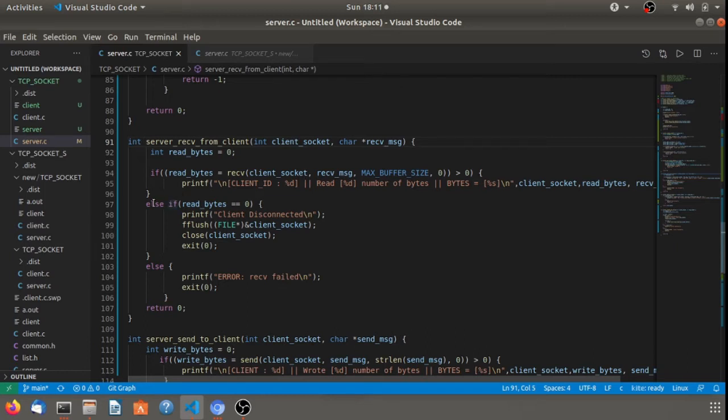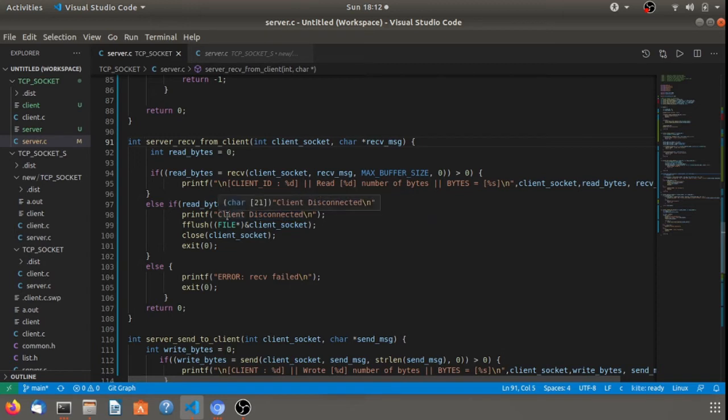In order to check whether the client has exited or has some problem, I have put an else if statement here for read bytes is 0. If the client gets disconnected from the server, then it will return the bytes as 0. If that happens, we'll have this client disconnected message shown.